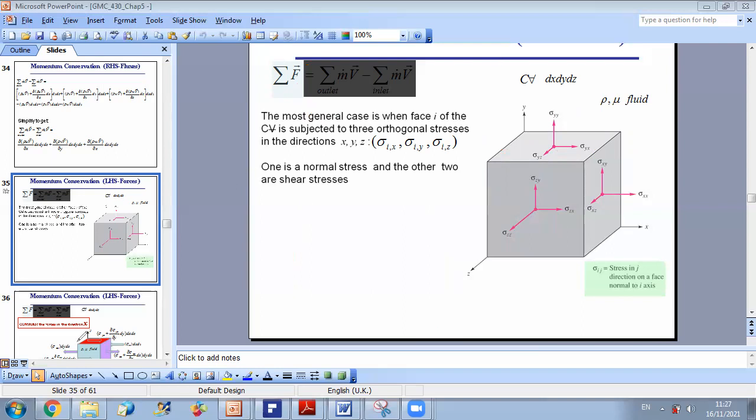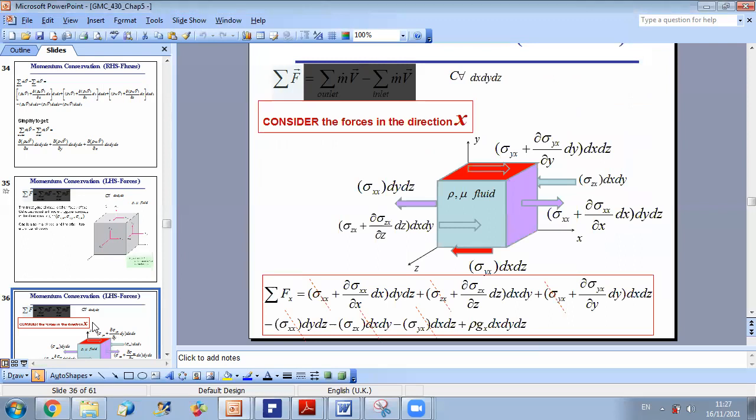So now, if you want to write the balance of forces, for example, if you first consider all possible forces in the x direction, the possible forces in the x direction will include all sigma having the second subscript x, because all sigma having the second subscript x will act along the x direction. So in this figure, we represented all forces along x. And as usual, we consider that